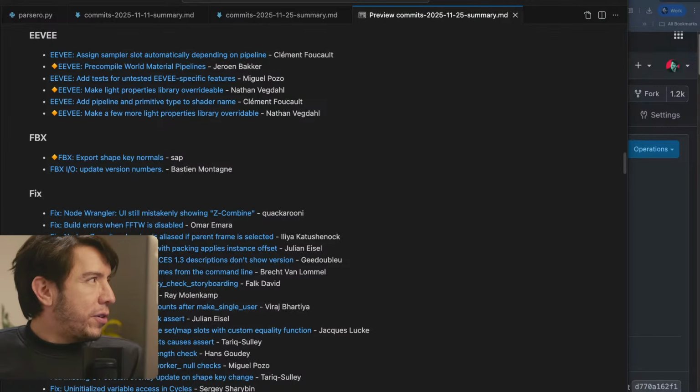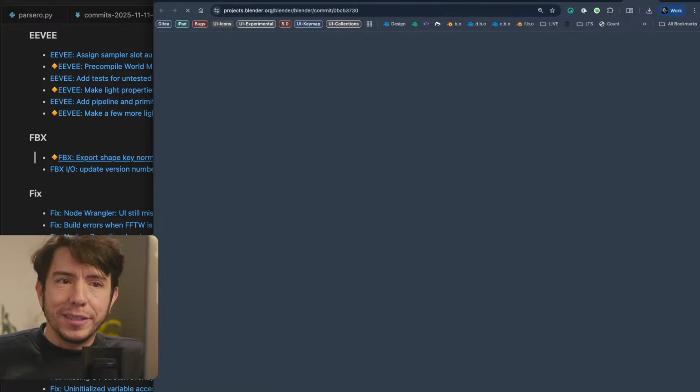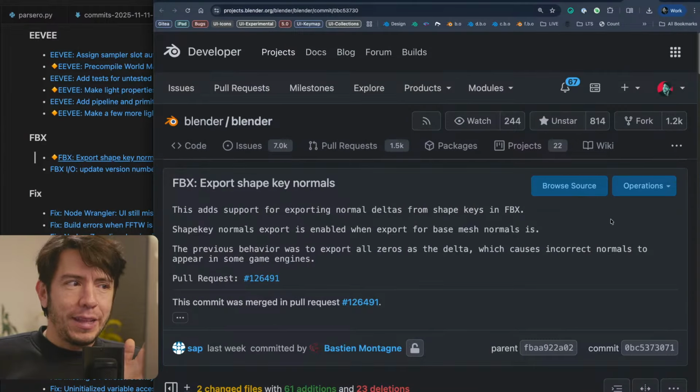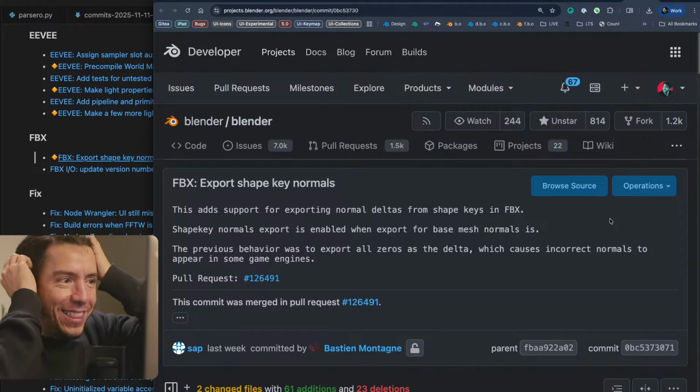All right, F for FBX. There is one entry only, for exporting, but when I first read this one I was like, wasn't this possible before? Because the title is Export Shape Key Normals. I'm like, don't we already? Kind of sounds like a basic thing, right?